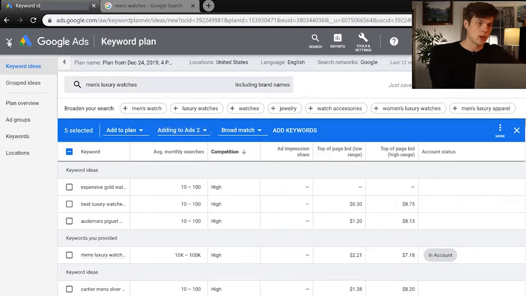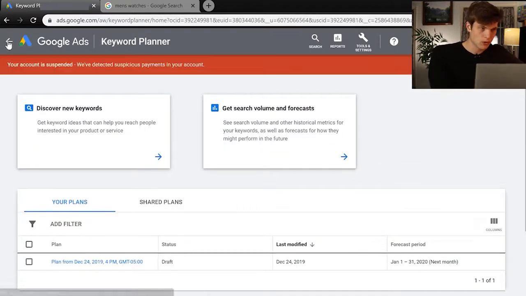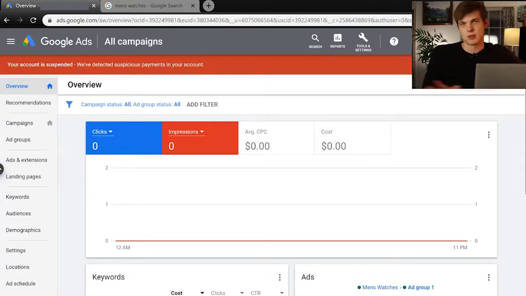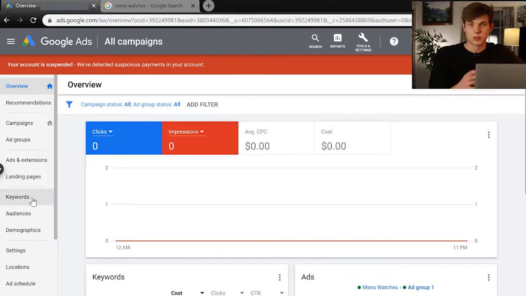But let's go back now and go to the primary page here, and it looks like they suspended my account because I put in some different credit card information. Make sure that's accurate credit card information that you put in. Pro tip there. So what we're going to do is click on keywords right over here on